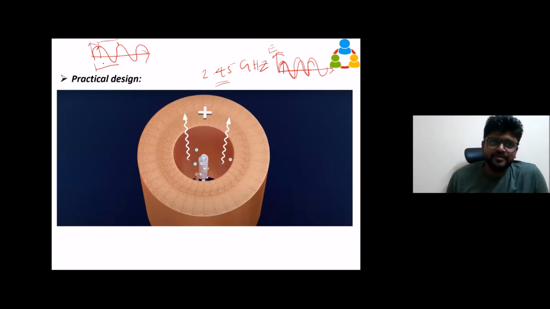for the given wave. But the wavelength remains the same, so obviously the frequency also remains the same, because c equals nu lambda. The velocity of light, the velocity of the wave, is always constant. Since the wavelength is the same, the frequency also should remain the same in order to keep the velocity constant.